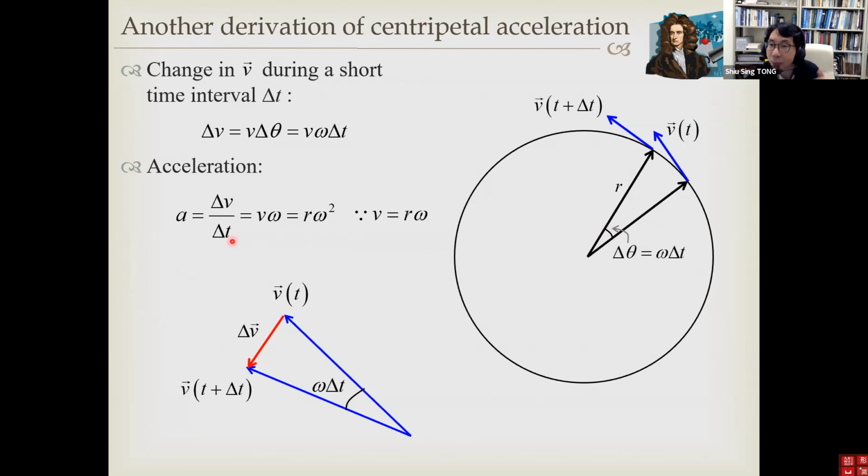And eventually you have to divide by delta t and take the limit. Okay, but with the vector formula, you don't have to think. You just differentiate. Okay, so that is the difference. Now, I better stop here. I don't want to hold you for too